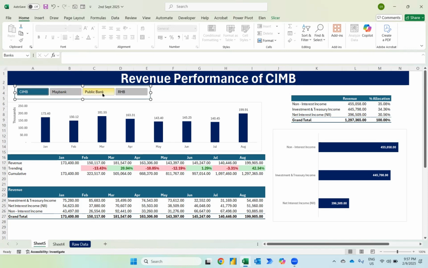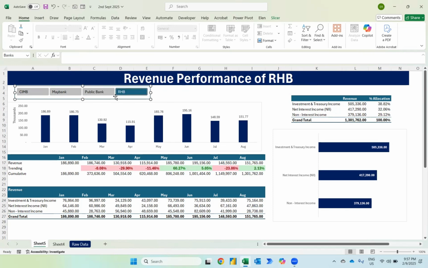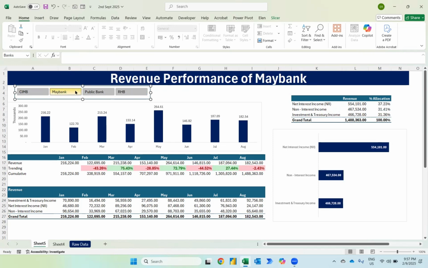So if, just say, I click Public Bank, you will notice that for Public Bank, investment and treasury income is the highest. But when I click RHB Bank, we notice it's the same thing. When I click Maybank, you notice that the net interest income is the highest. So this is actually how you can prepare a dashboard and send to your